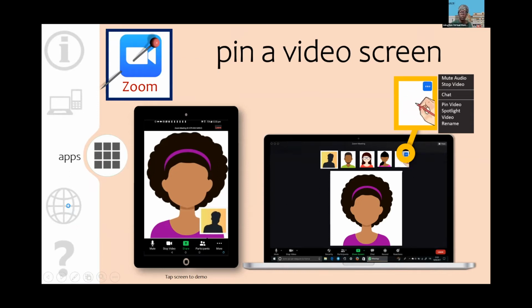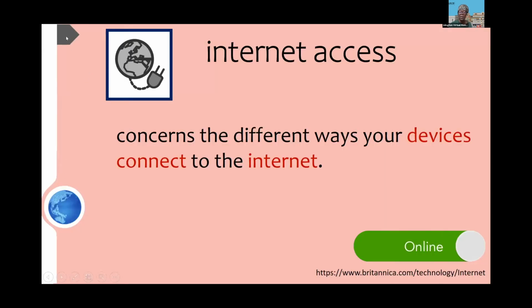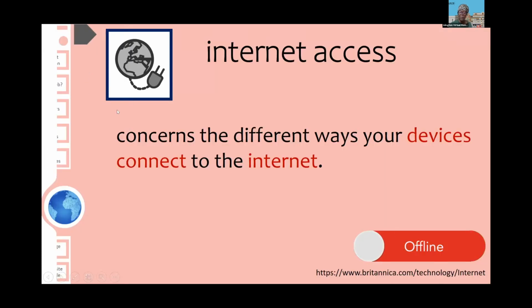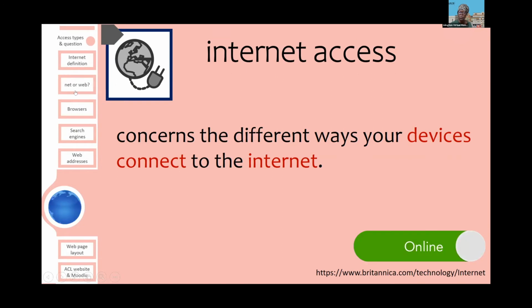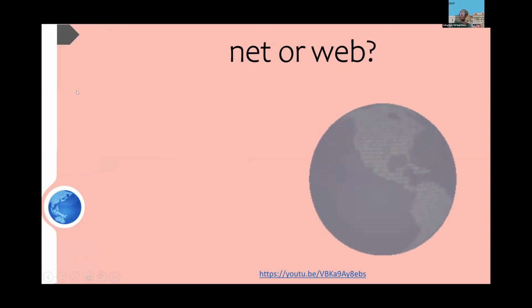My favourite, of course, being when we were talking about the internet, the sub-skill in that was trying to get them to understand and use the language of the difference between the net and the web.